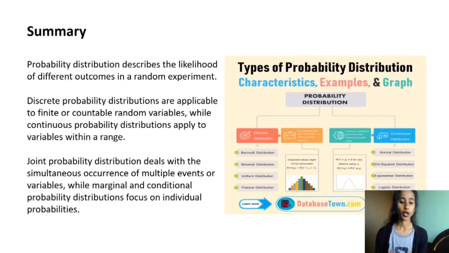Summary. Probability distribution describes the likelihood of different outcomes in a random experiment. Discrete probability distributions are applicable to finite or countable random variables, while continuous probability distributions are applied to variables within a range. Joint probability distribution deals with the simultaneous occurrence of multiple events or variables, while marginal and conditional probability distributions focus on individual